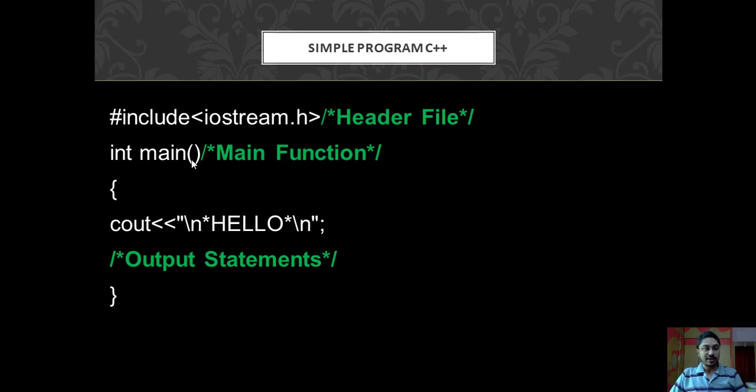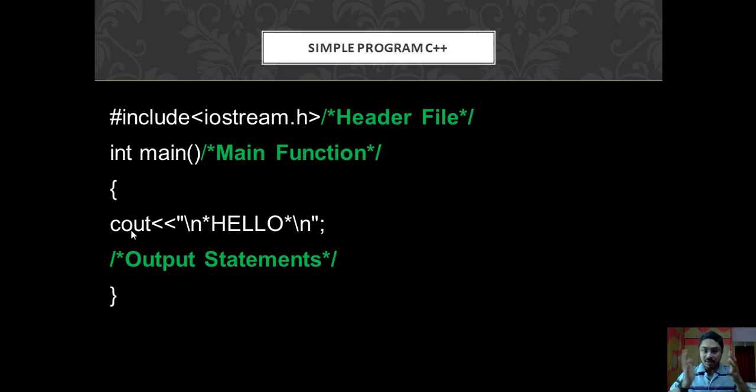Now coming to the next point, we have cout. cout is nothing but an object. Here C stands for character and out for out, so character out, that's why it is cout. It is an object of the iostream class. There are two classes inside the iostream.h file: istream and ostream. When we have to give something as an output, we use the ostream class, and when we have to get something as an input, we use the istream class. So this cout is specifically an object of the ostream class.